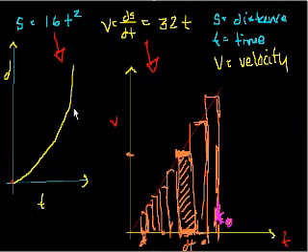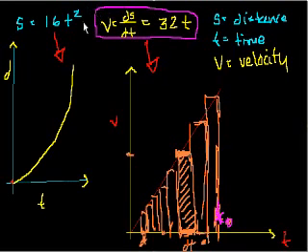And since the velocity is always changing, you can't just take the slope. You'd actually have to take the derivative, right? So we took the derivative with respect to time of this function, or this equation, and we got 32t, and this is the velocity. And then we graphed it. And then I asked a question. I was like, well, we want to figure out, if we were given just this, and I asked you,